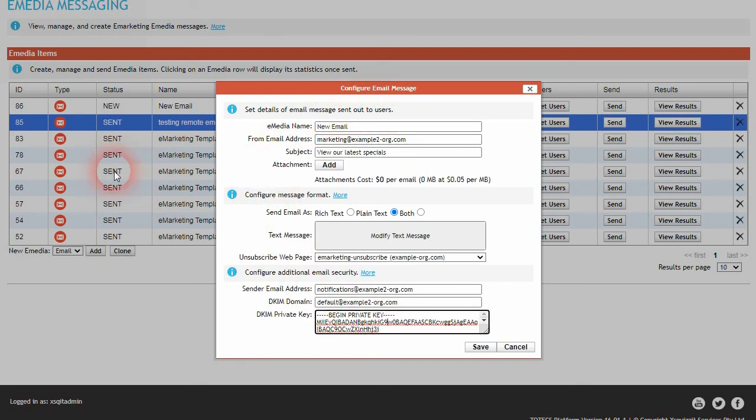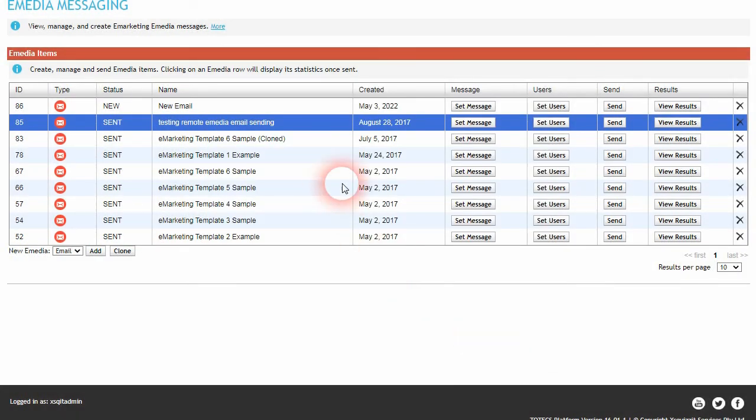You could, in effect, have 5 different website domains that you're sending emails on behalf of, and then you would have 5 sets of private and public keys stored here within the e-media email message configurations, and then reuse them every time an email goes out on that same domain. So with those credentials now set, if we send out an email, we can then test to see